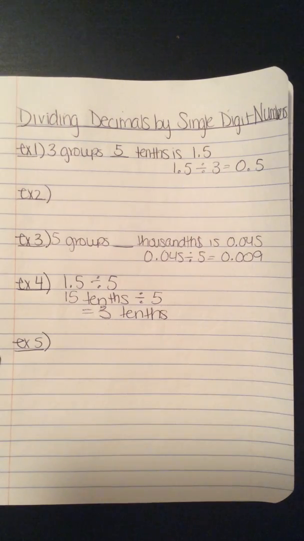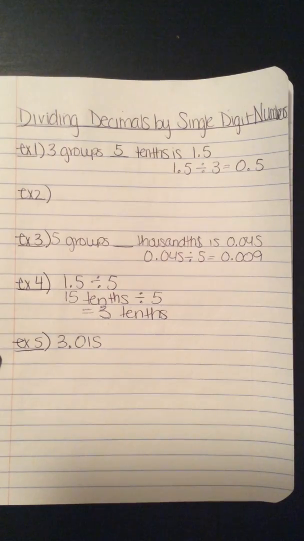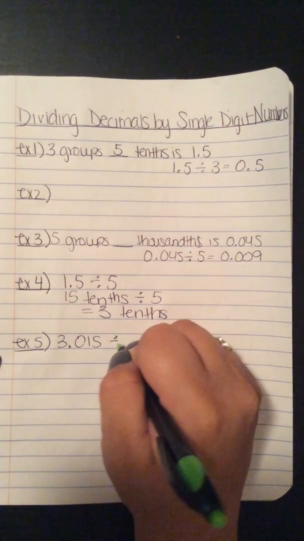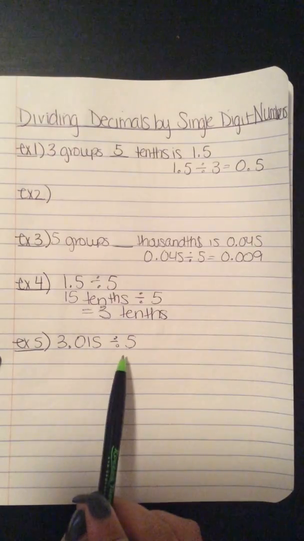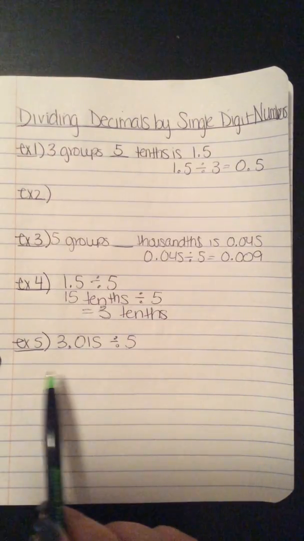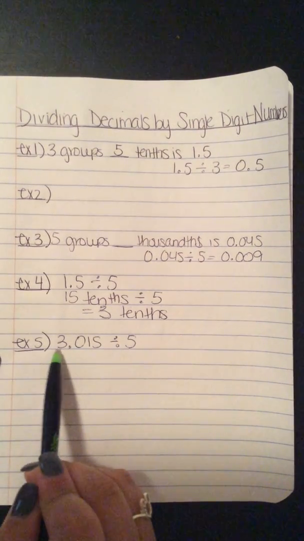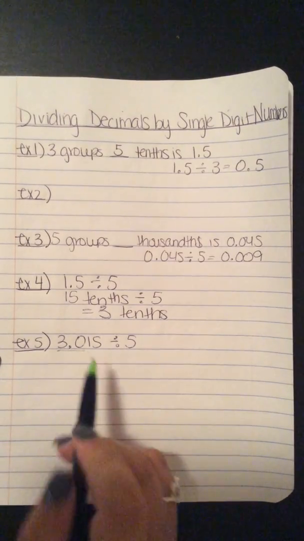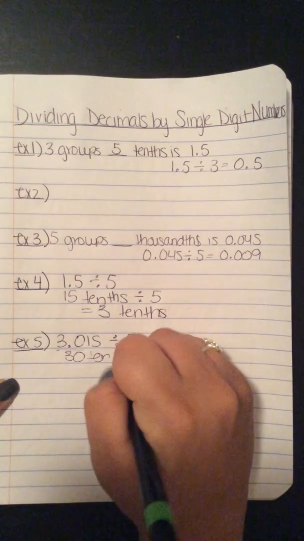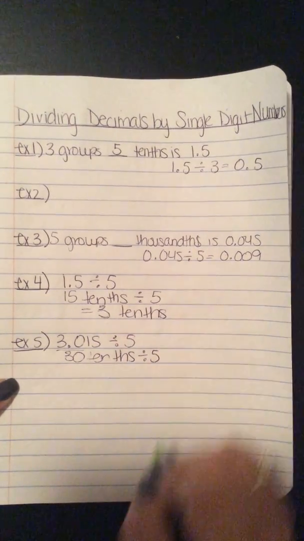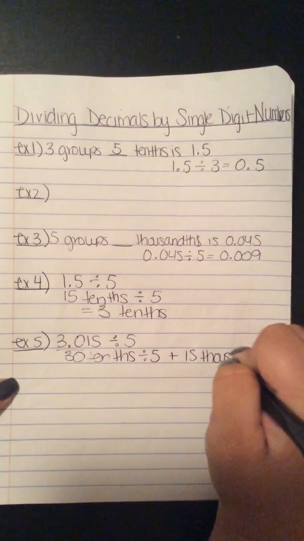So in example 5, we're going to have 3 15 thousandths divided again into 5 groups. This time we want to think about how we can break this number into units that are going to evenly divide into this 5. So I'm going to chunk this into 2 parts. I'm going to say I have 30/10 divided into 5 groups plus 15 thousandths